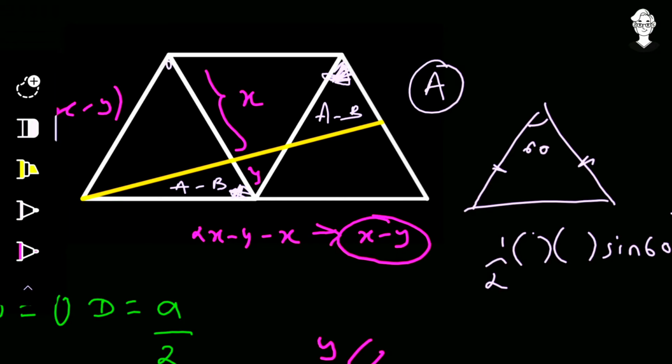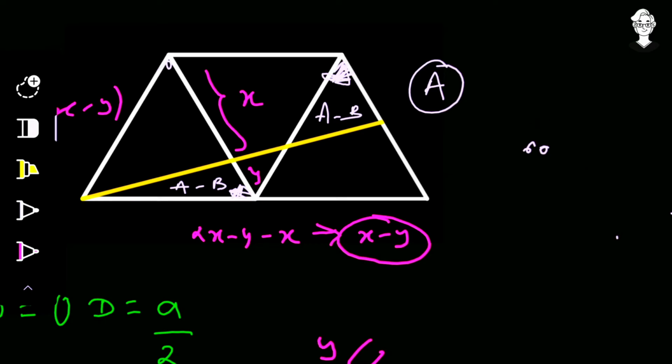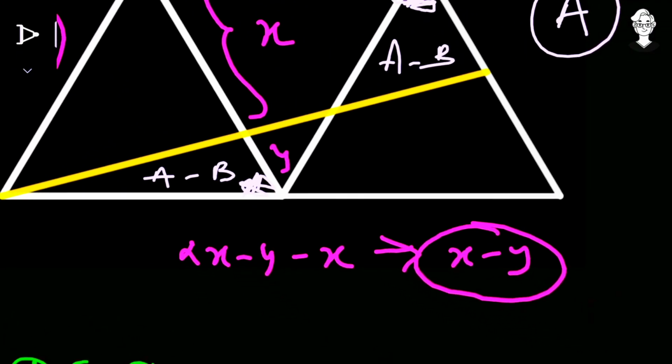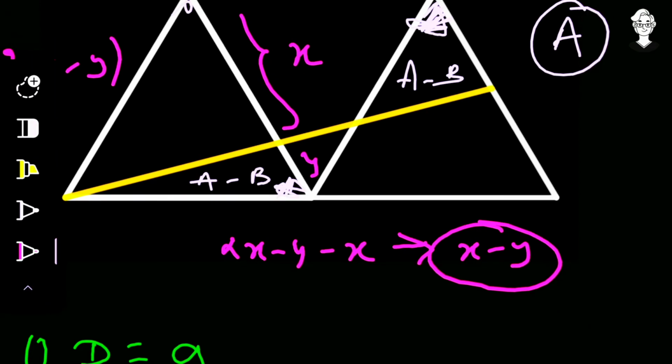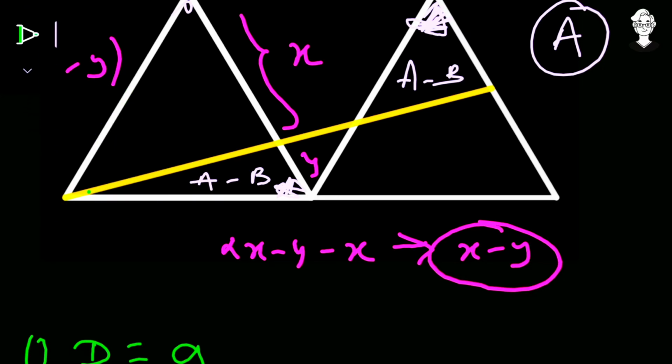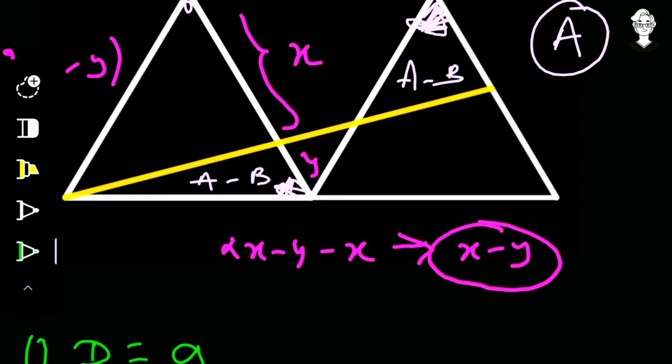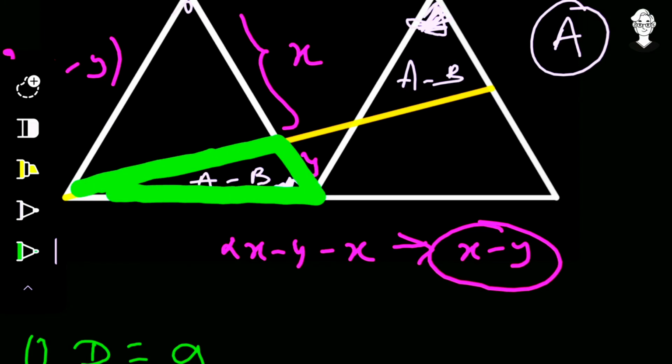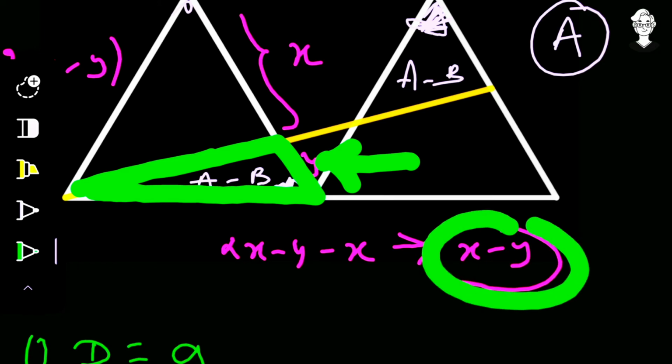I've just utilized the data as it has been given, so I can use it that way. What I can observe is that I just found x minus y is the length of this. So in this particular triangle, let me change the color to something that looks better, green. In this triangle I will bold it so it's clear.